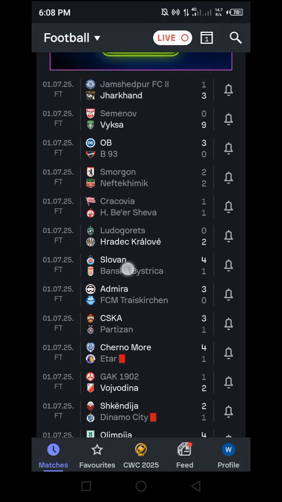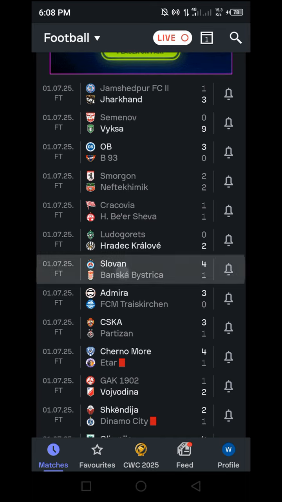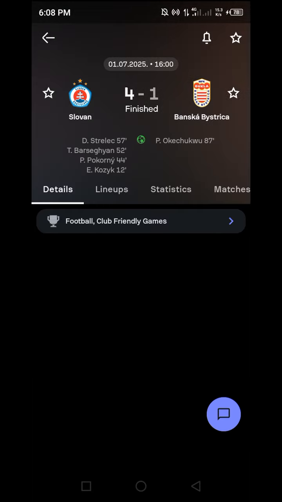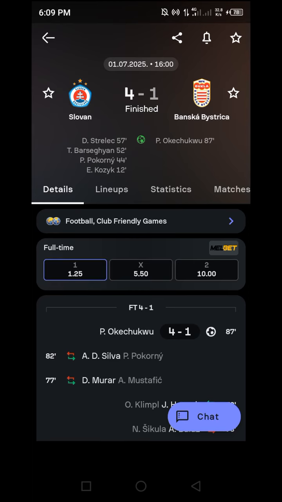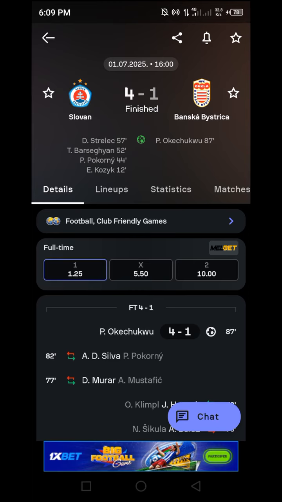Once you locate that event, then just follow the step by clicking on it like this. Now, assuming that this game has not been played yet, which we have just released, and you want to analyze the game to see if you are going to include it in your slip or not,